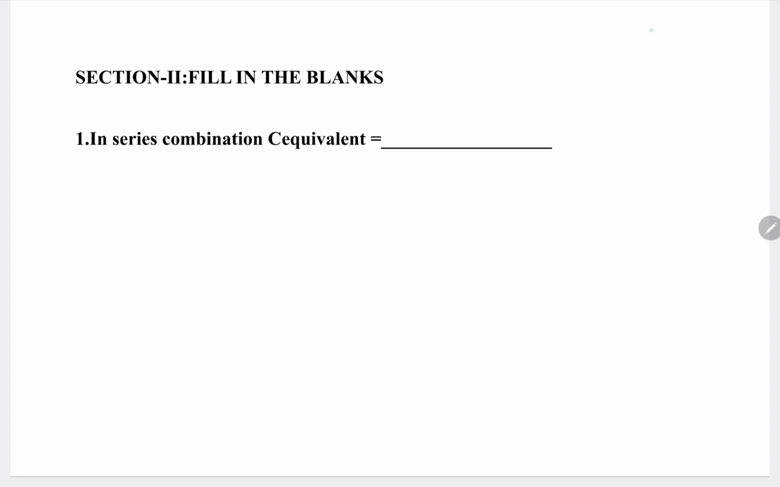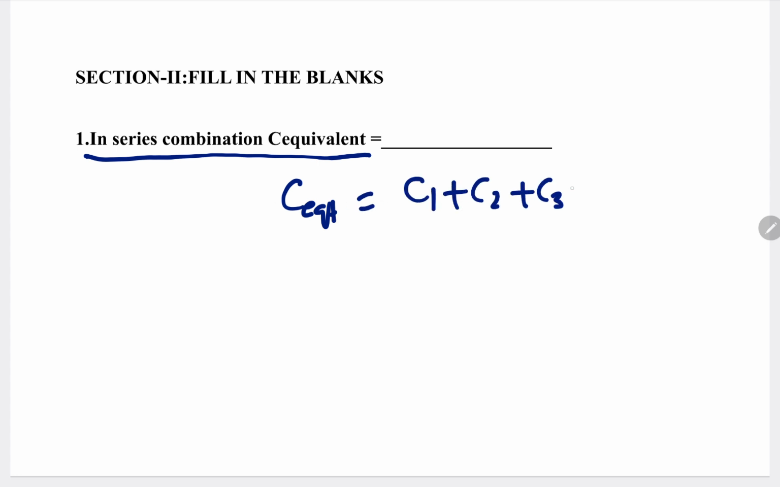Now let us see a few fill in the blanks questions. So first question, in series combination, what is the C equivalent? What is the equivalent capacitance? So C equivalent is equal to, what is the formula? C1 plus C2 plus C3 and so on plus Cn. This is in series combination,